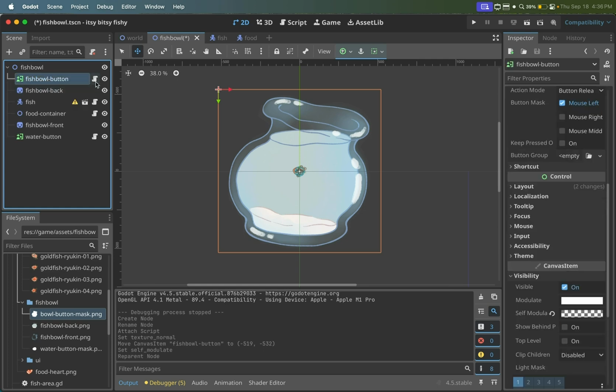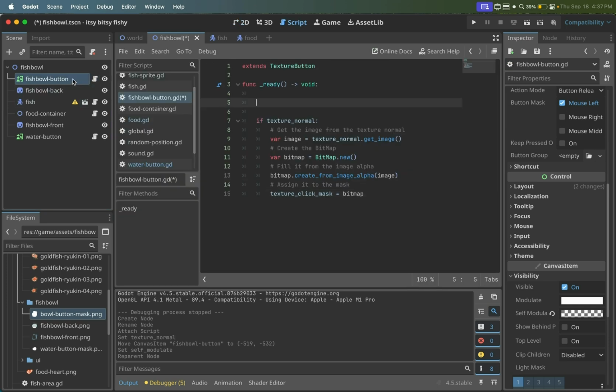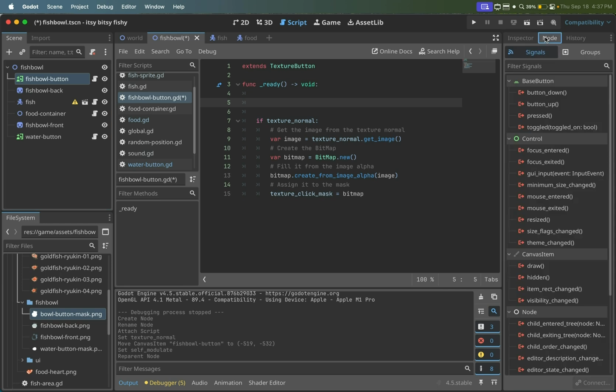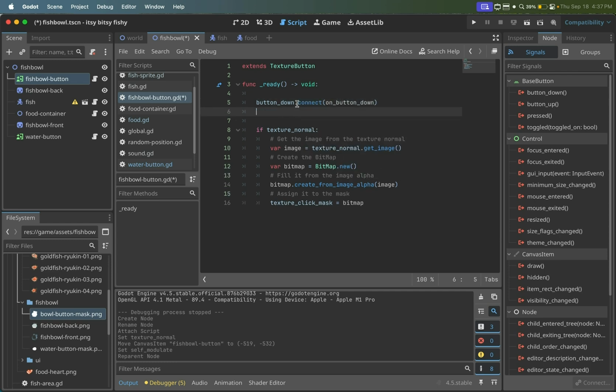connect its signal. So go to script, click on the fishbowl button node, go to the node panel here, and this time we're going to use button down and button up. So we'll connect those two. Button down dot connect on button down. You can just copy and paste this. Button up dot connect on button up, and then we'll create this function on button down,